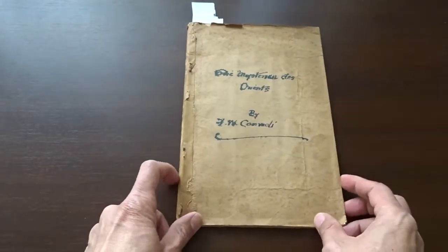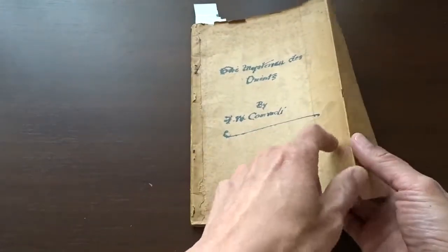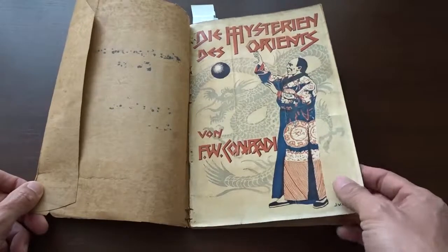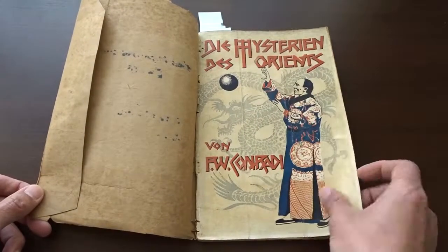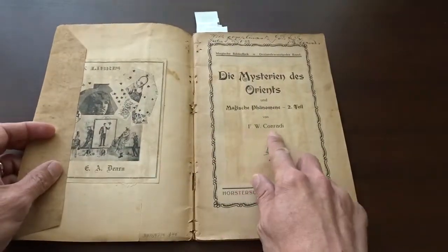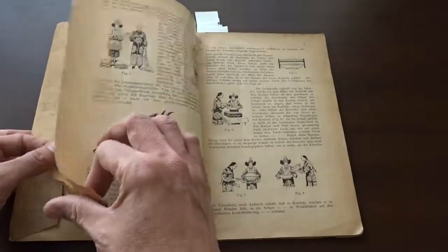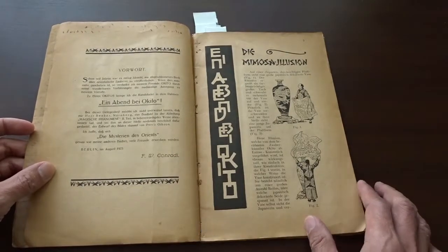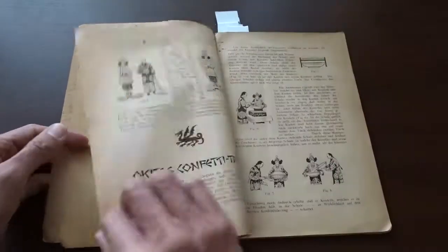The next one is this one. It's a German magic book, and the owner has put an extra cover here, so the original cover is here. You can see it's very classic, just 2 or 3 colors printing. The book is called Mysterium des Orients von Conradi. You open it here, it's by Conradi. It's a little bit older, this one. Its release date is 1923. It's almost 100 years now, and you can see it's basically about all things Chinese,